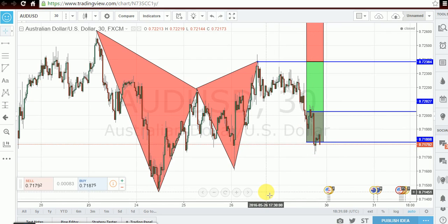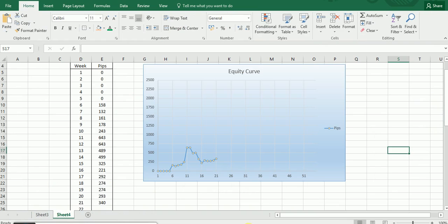Yeah, the other trade is the New Zealand dollar. We had a Cypher pattern, but we're still waiting for that one. We have to wait and see. So anyway, looking back on the